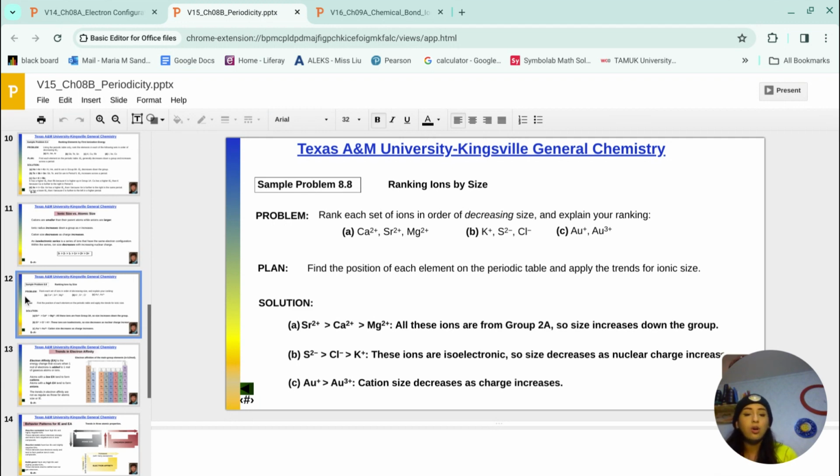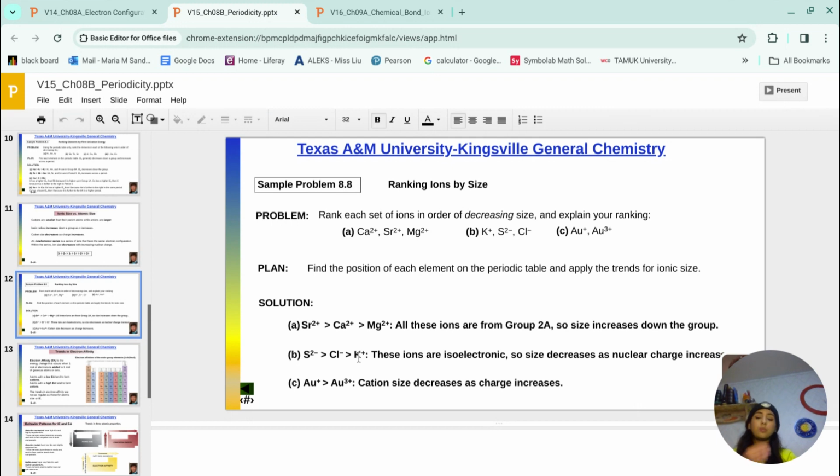and all these ions are from group 2A, so size increases down the group. And that's looking at our first group, which is Sr2+, Ca2+, Mg2+. Our problem was to rank each set of ions in order of decreasing size and to explain our ranking. So we've explained it and we've done it in decreasing size. So moving on to the